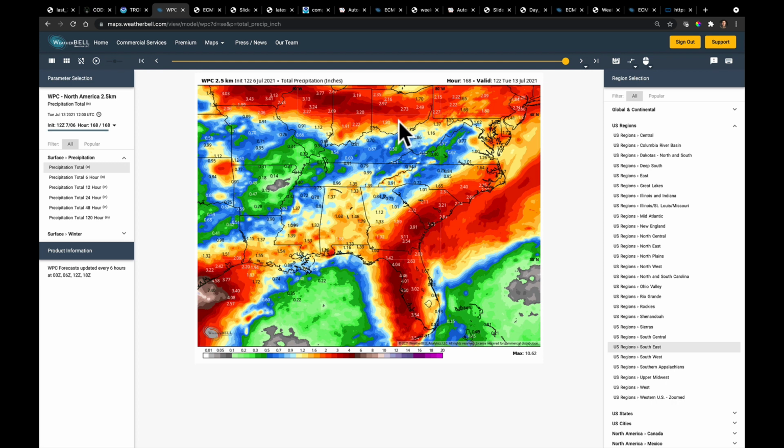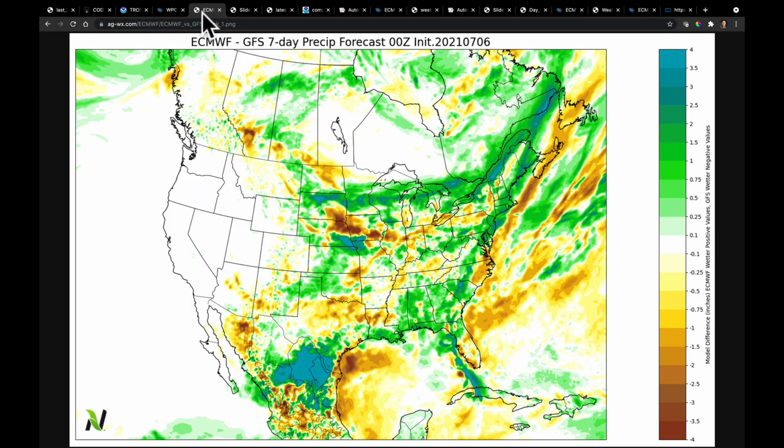But I want you to see the differences. Now, a note, the GFS model has had the best handle on Elsa, and that's quite rare. Usually the European model is a better tropical forecaster, but the difference is probably best seen here. Now, what I did was I took the 0Z runs from today, and I'm going to compare the GFS to